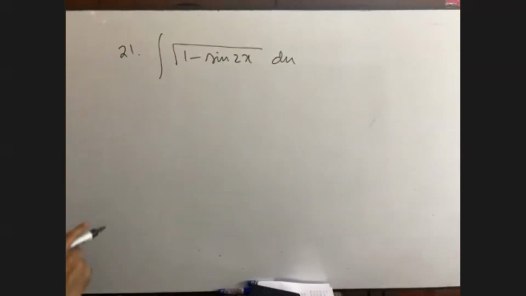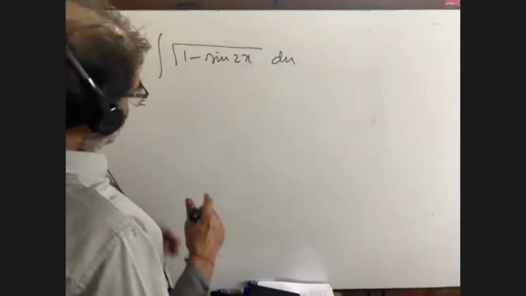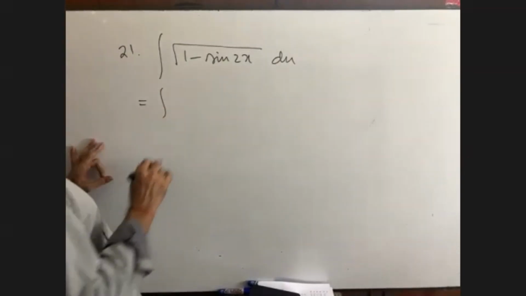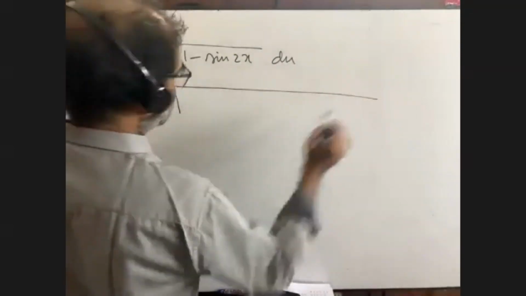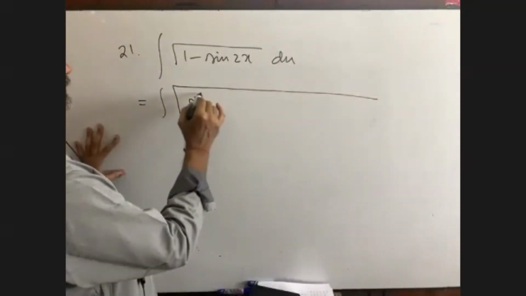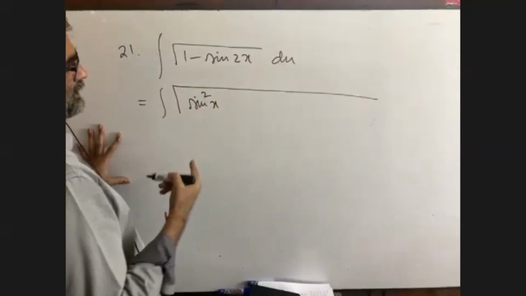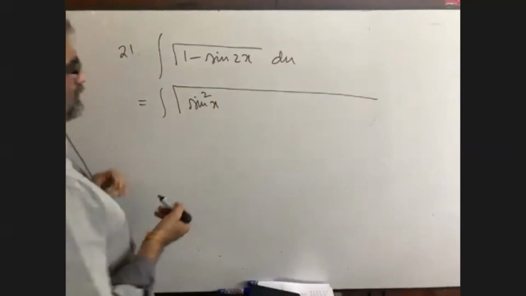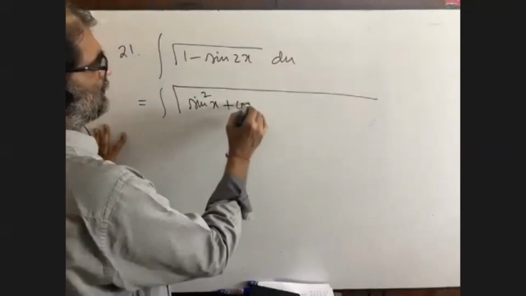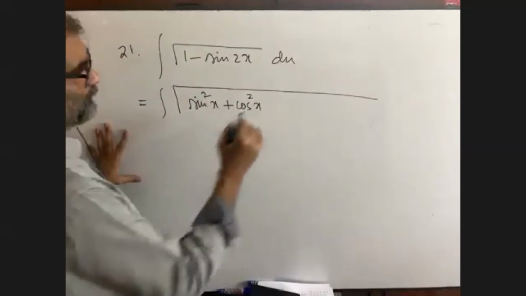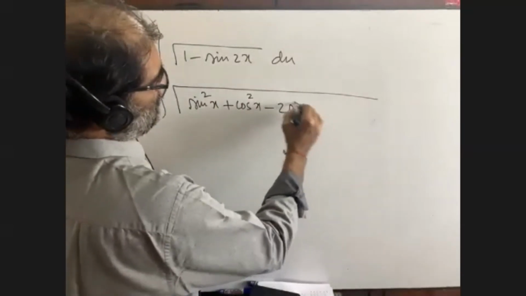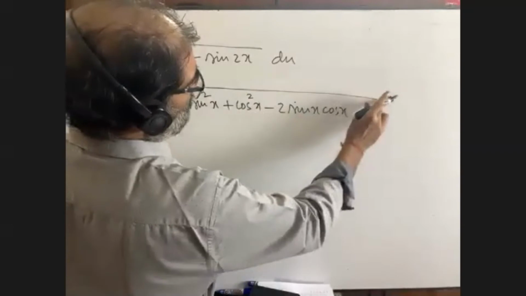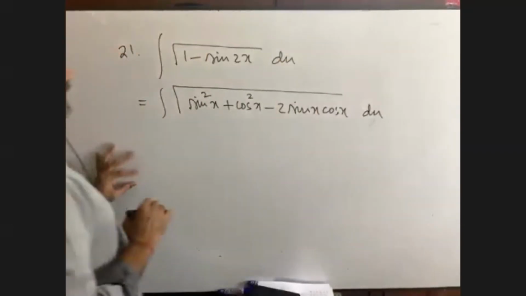Okay, now see, can you do it? Or who can do it? Just let me know. Okay, I told you that we should not be intense seeing the math. I told you to memorize this part because you will get it again and again. In integration, you will get it 5 times or 10 times. Sin square x plus cos square x, then minus 2 sin x cos x dx. Is it okay?